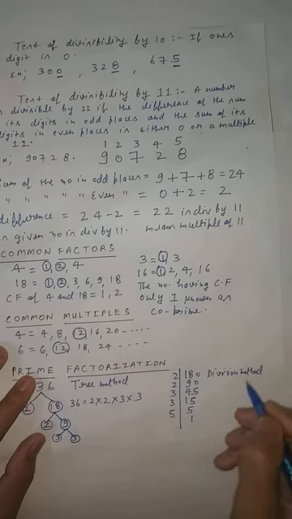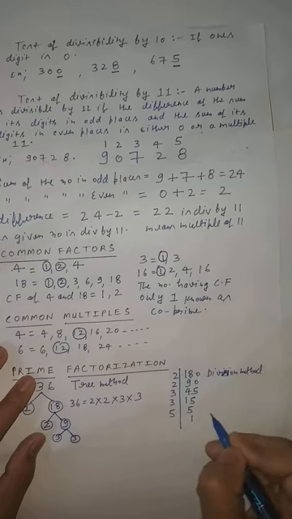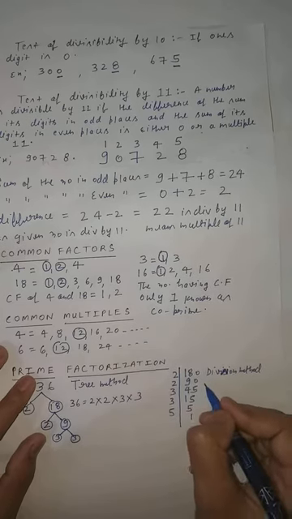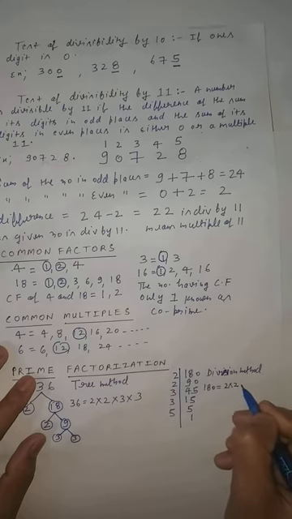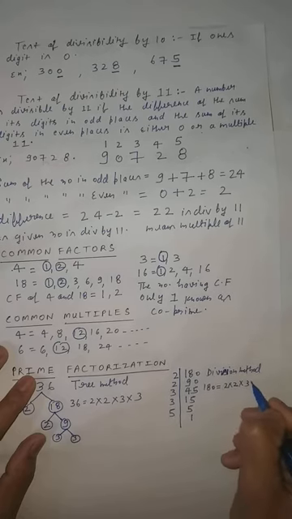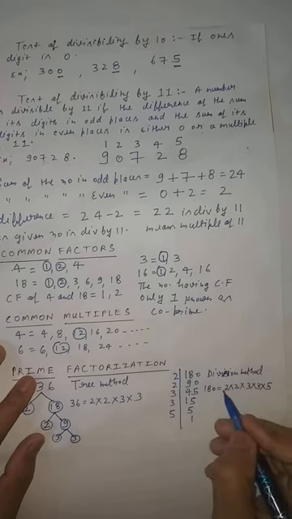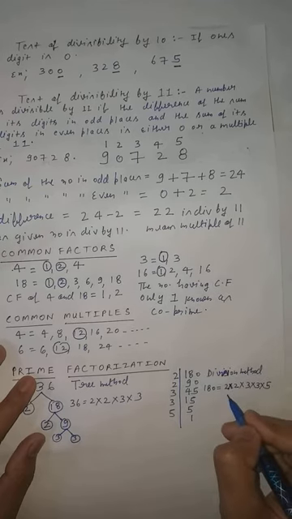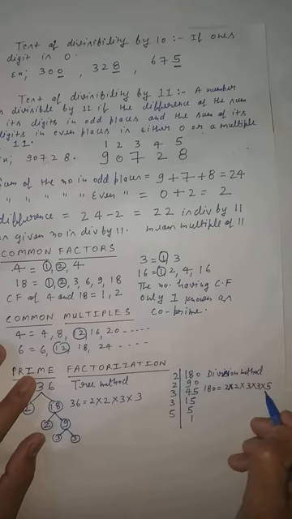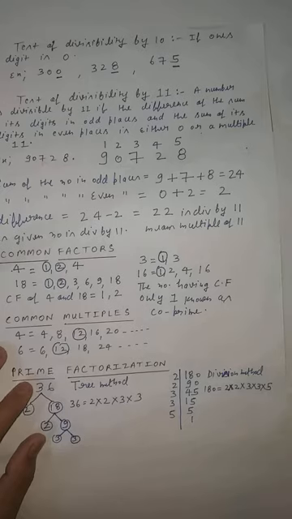Method. You can use any method. Clear students? So you can write 180 equal to 2 multiply by 2 multiply by 3 multiply by 3 multiply by 5. Remember, these are all prime numbers. You can easily see that 2 is a prime number, 3 and 5 are also prime numbers. Clear students? So 2 2s are 4, 4 3s are 12, 12 5s are 60, 60 3s are 180. So this is the prime factorization.